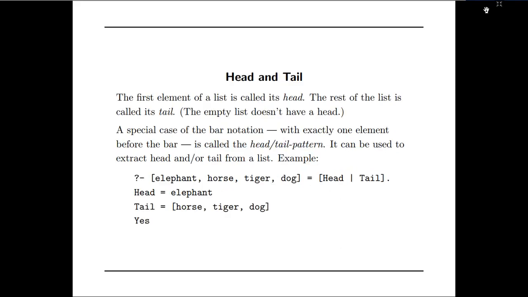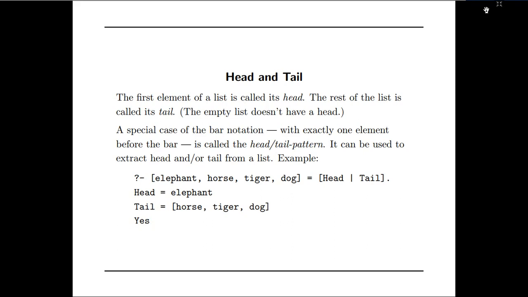The most important concept in list operations is head and tail. This head and tail is like CAR and CDR in the Scheme language. The first element of the list is called its head, and the rest of the elements is called its tail. If you want to pick up the head from the given list, you need to look for the head, like CAR in Scheme. And leaving the head, the rest of the elements you can find in the tail, that is CDR in Scheme.